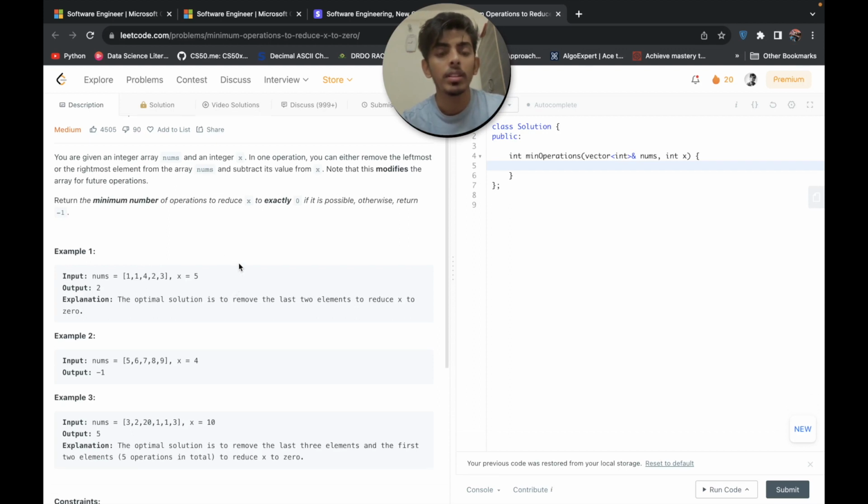Initially, what will the brute force approach be? I thought of it as a basic or classical knapsack problem, where we will pick an element or not pick it. So at any index we have two options, either pick it or not pick it, right? I have coded it using recursion and memoized the solution as well, but it is still giving a TLE, so we will have to apply a different approach.